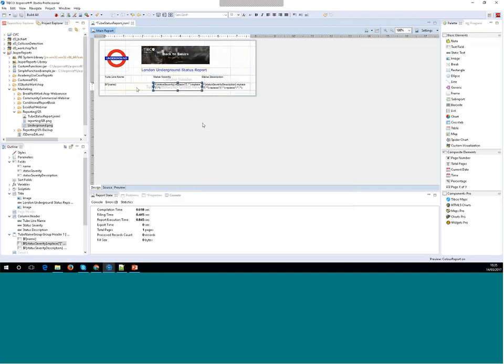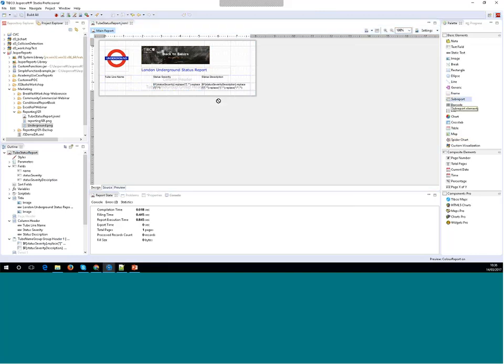So now we've got our report. What I did want to show you is actually a sub-report. So let's get rid of name now, and let's try to make the formatting of name slightly better. So what I'm going to do is drag a sub-report component across,